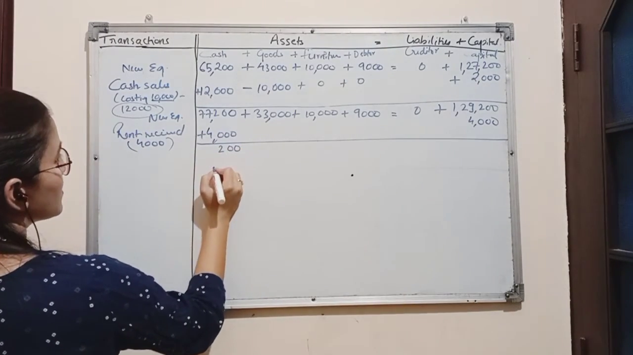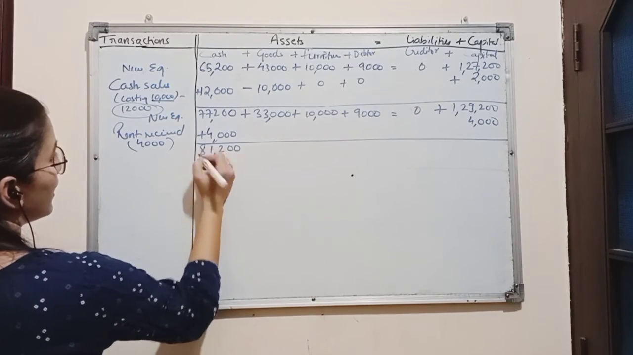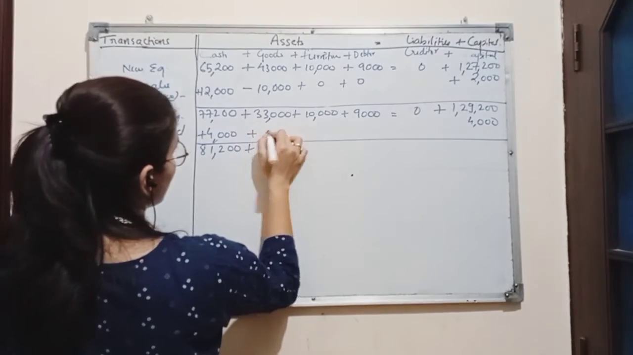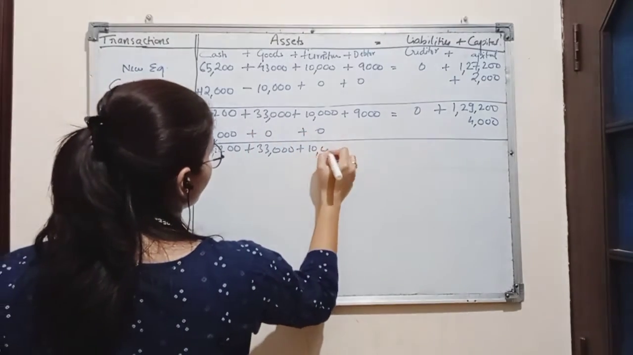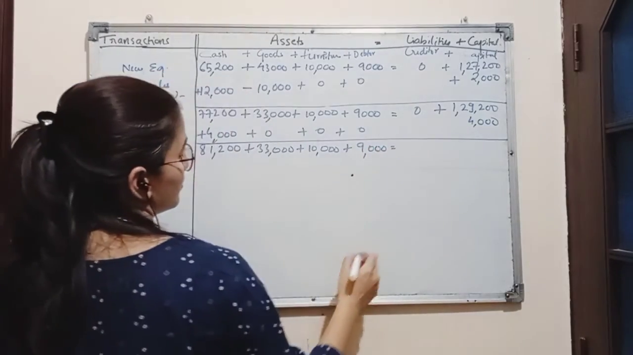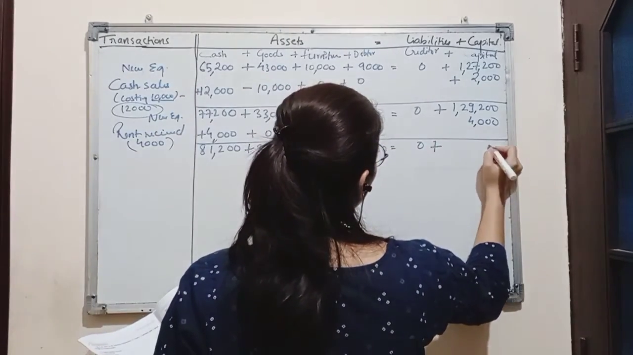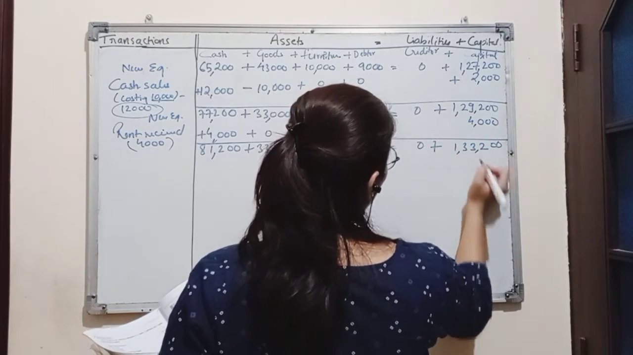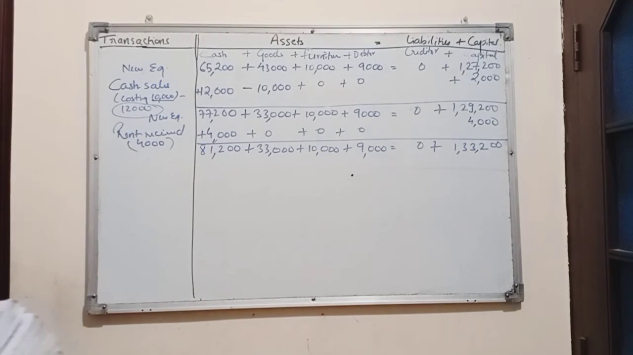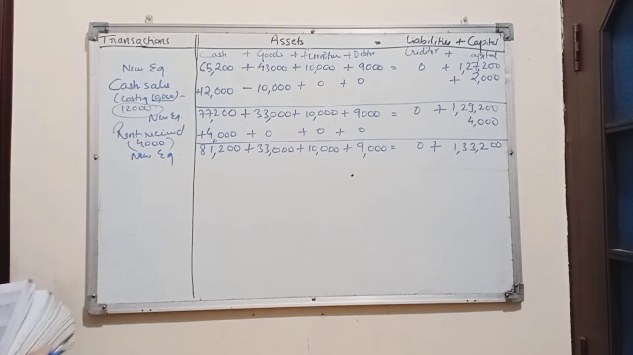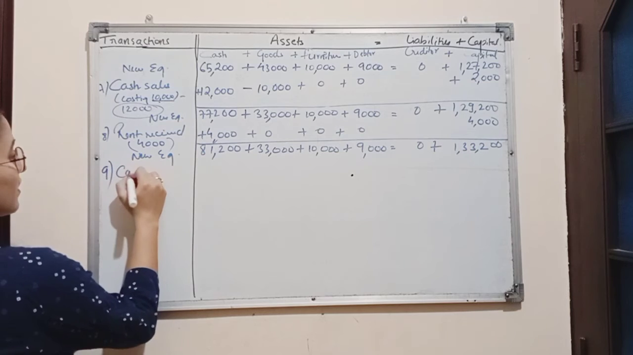So your cash balance will be 81,200. Goods will remain the same, 33,000. Furniture 10,000. Debtors 9,000. No amount of creditors and 1,33,200 as capital balance. This is the new equation. Now the last transaction is